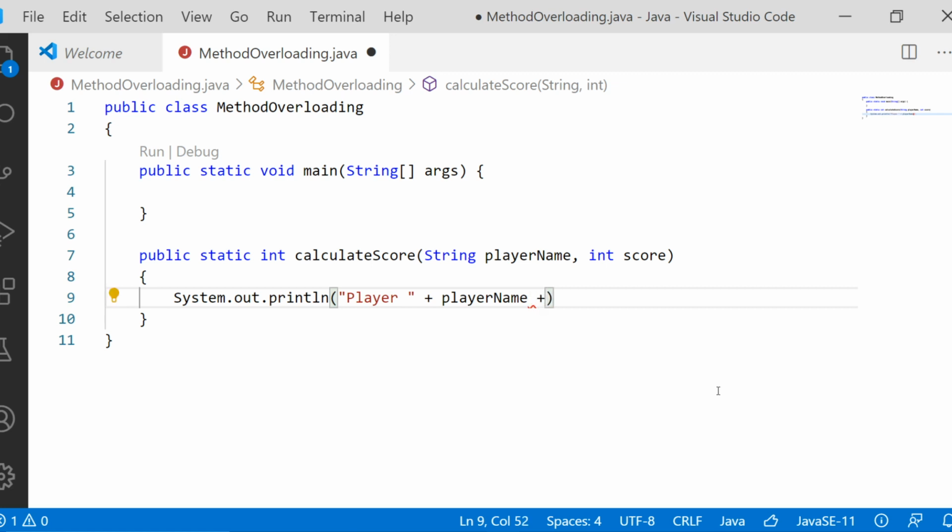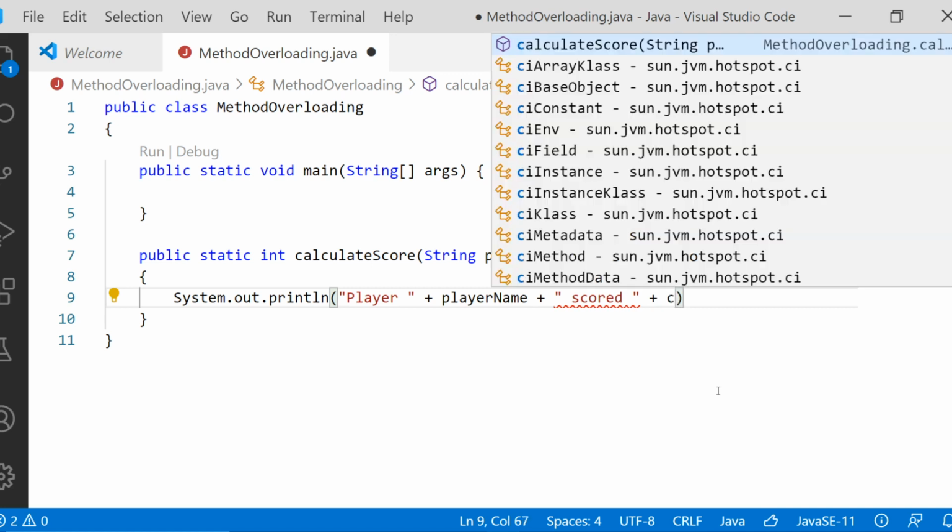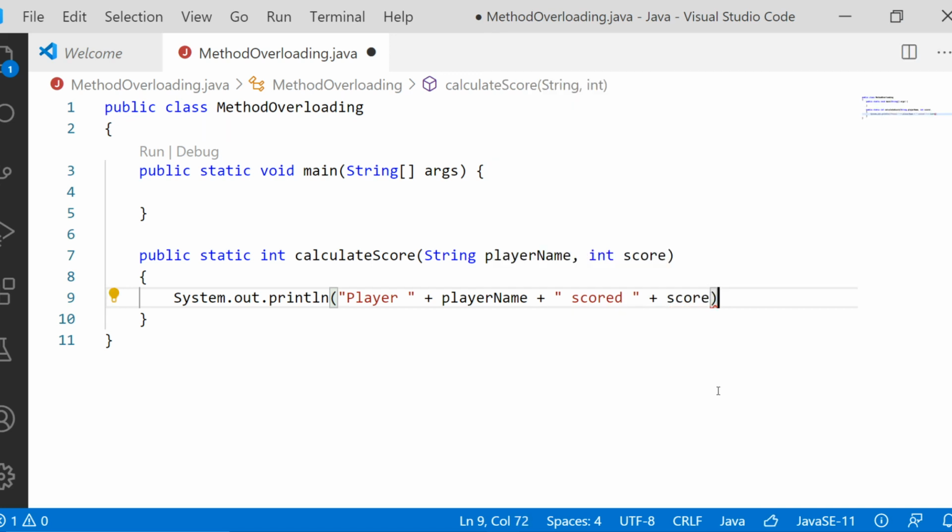This particular player has scored, so playerName and score, and the mark is available in the variable called score. So we accepted the player name and the score, and we displayed the player name and the score of the player also.